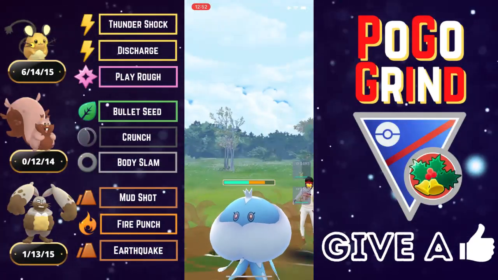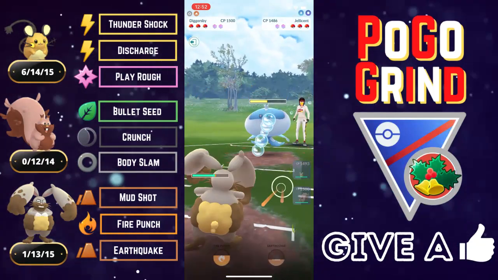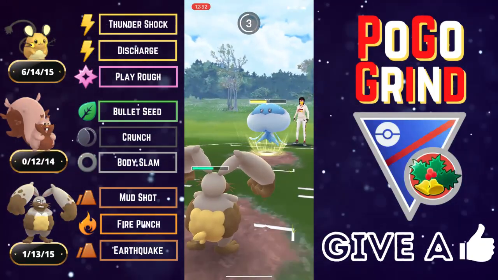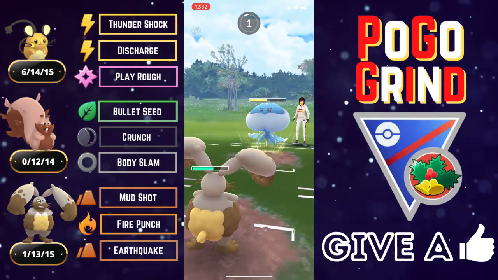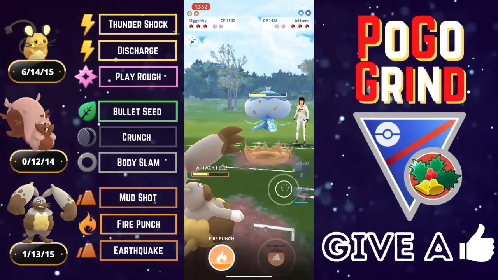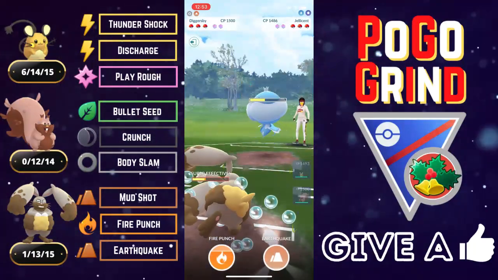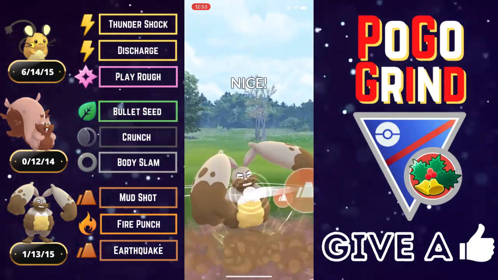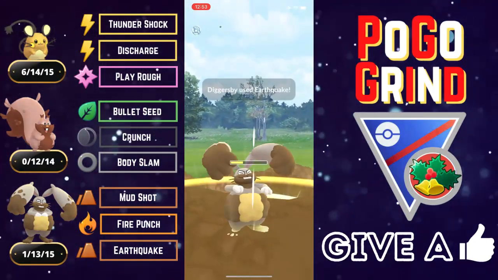You gotta Earthquake it to death, guys. It's basically how you handle Jellicent with Diggersby, and Diggersby has enough bulk to where we don't need to shield any of these Bubble Beams. Of course, guys, they are doing super effective, but it's not a very strong move. And we're going to look to get off another Earthquake on this very tanky Jellicent as it spams us with Bubble Beams. And